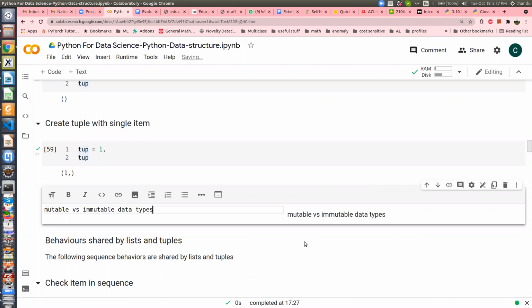So in Python, there are some things which you can,